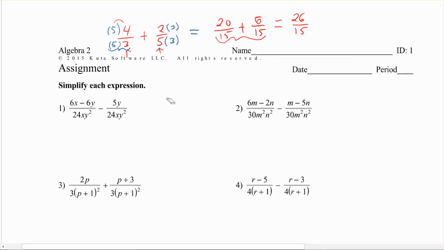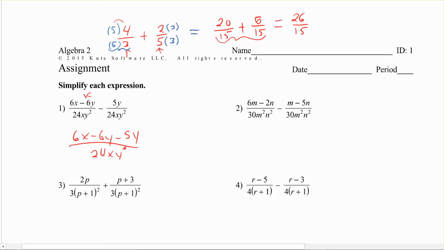Okay, so if we're doing this question, lucky us, the first easier ones already have a common denominator, right? They're both 24xy squared, 24xy squared. So this one's simple enough. All we have to do is keep the denominator the same, and then the top is going to be 6x minus 6y, because that was just this part, and then minus 5y, just because I'm subtracting that, right, over